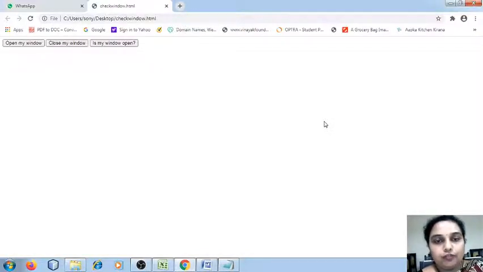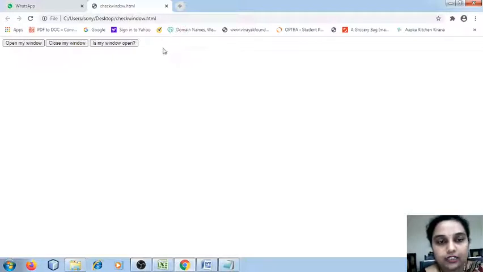So what do you find in the output? You find three clickable buttons. The first button says open my window. If you click this button, then a new window is going to be opened. And if you want to close the particular window, you click on close my window. And if you want to check whether the window was opened or not, you click on is my window open.